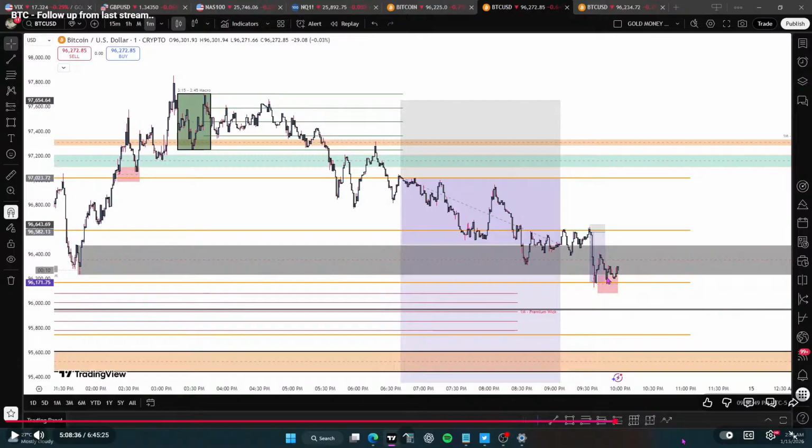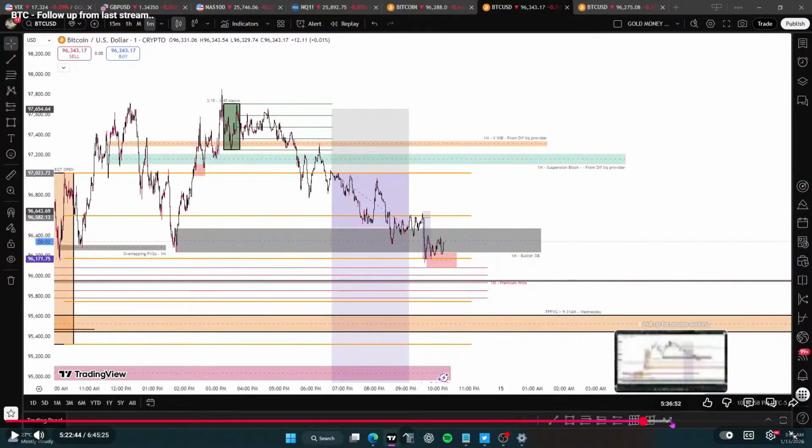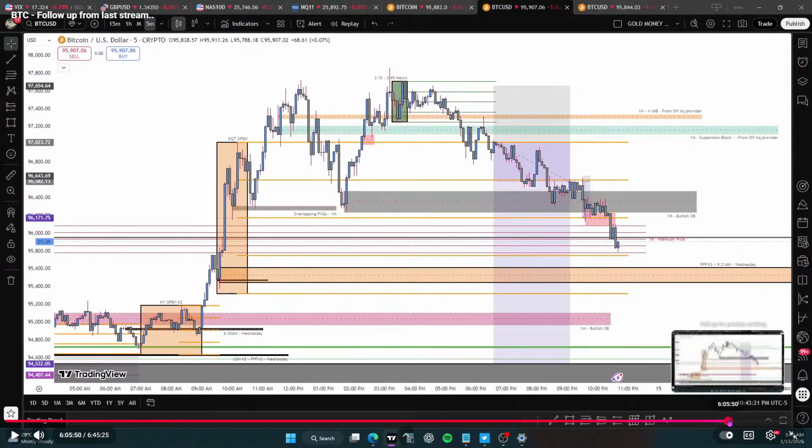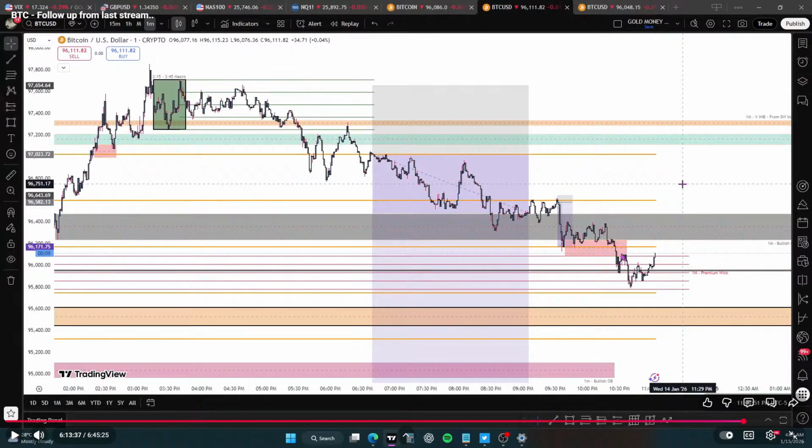And this red box was predefined when price was way up there. I spotted that and I knew price would come into here because there was a discrepancy between two different liquidity providers. So you can see the reactions of this area, and this area was predefined when price was way up there. So I knew it was going to come down into here. And you can see as we keep going a little bit further, price continued to react off my level. And then we traded back up into it.